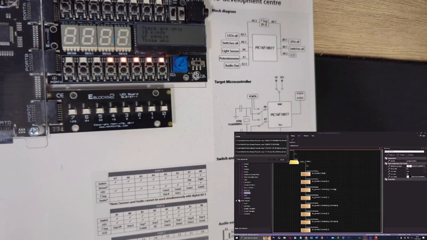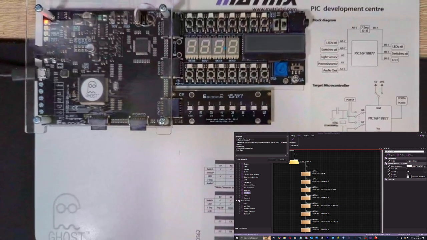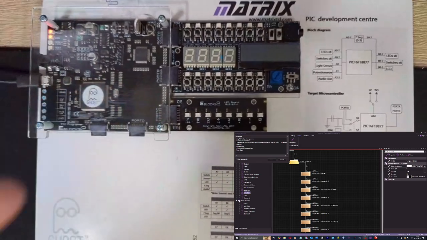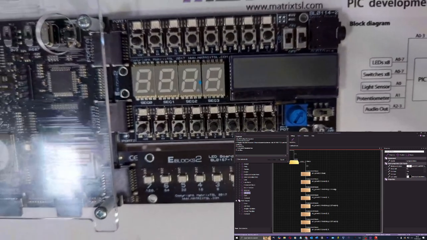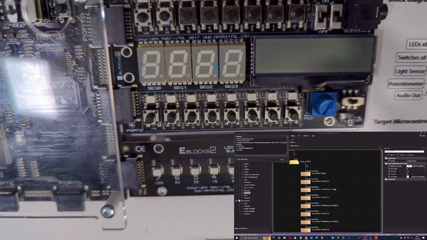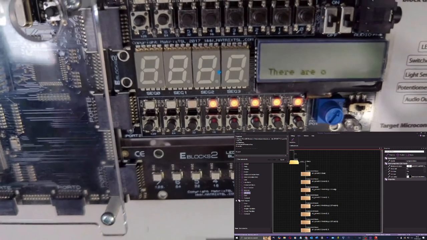Woo! The stress. Can it be right? Camera's a bit buggered. Come on, please work. Almost done. I'll tell you when it's going for it. Alright, it's going for it now. There are